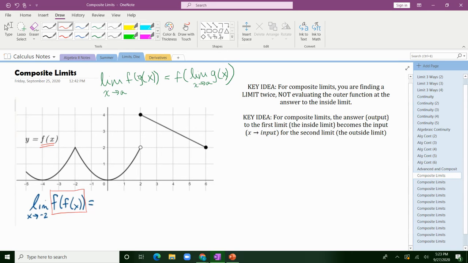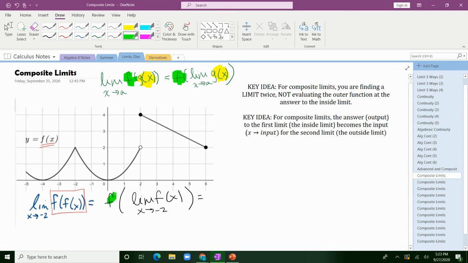So I'm going to try and apply the rule here. What it would say is the outside function and the inside function. You start on the inside, you find that limit, you evaluate the outside function at whatever the inside limit was. So let's try it. So I would have f of the limit as x approaches -2 of f of x